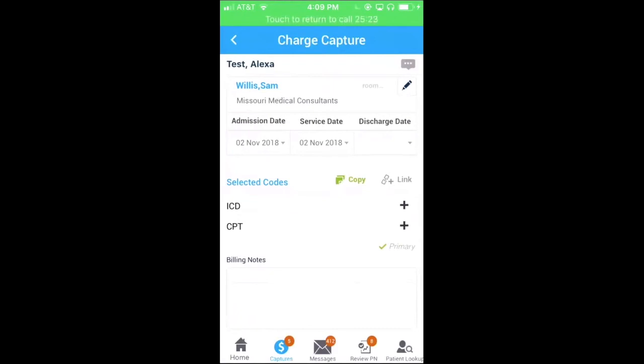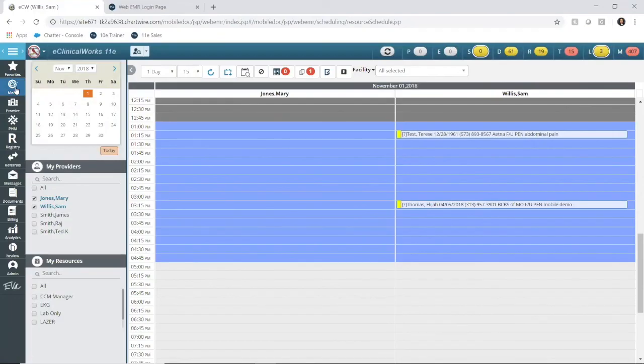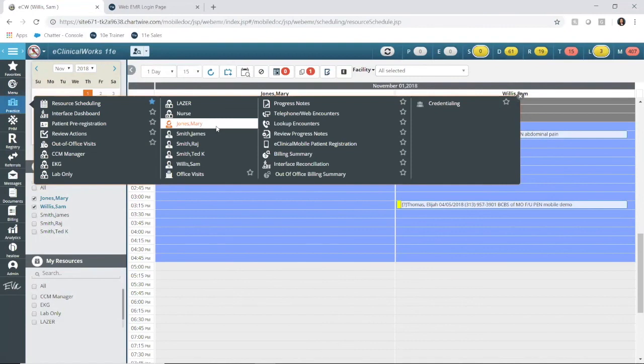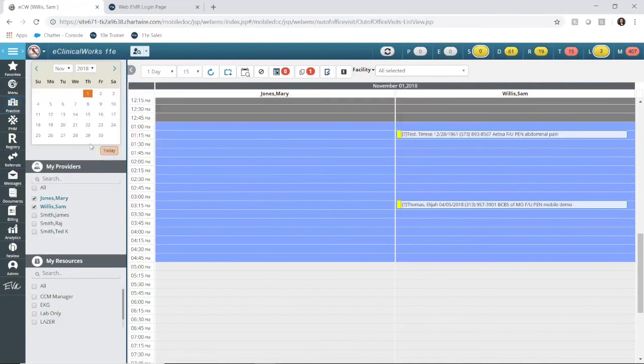Okay, we're going to move back into the desktop application, into the eVersion, and I'm going to show you how those charges get carried over to the desktop. And remember, I indicated that you cannot lock a note from the mobile application, so you have to go into the out-of-office visit screen in your desktop version. So under practice and out-of-office visits,